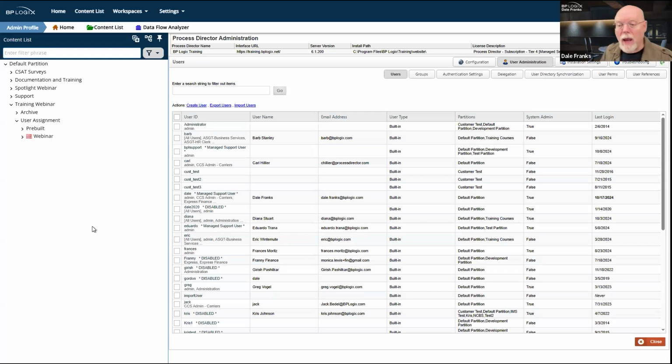And so what you can do on your form is give unauthenticated users access to that form, and they will access it as, basically, anonymous users.